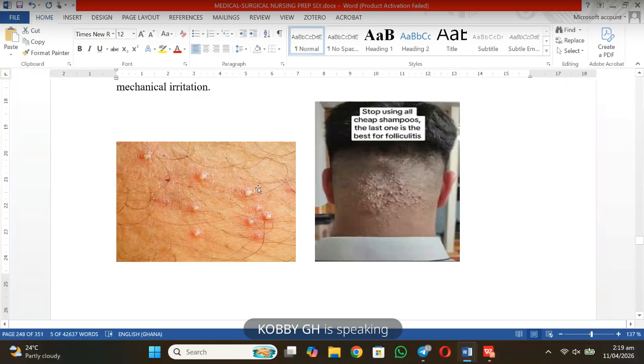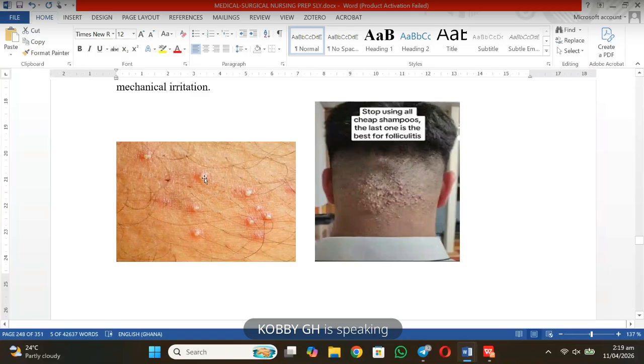Okay, but you see here, this one clearly, if it comes, you do your clinical diagnosis. Here, you don't need to go and do any lab. Once you see the patient, you observe and see that the swelling is under an area relating to a hair. So you see over here, there is a hair here, and at the base of the hair,